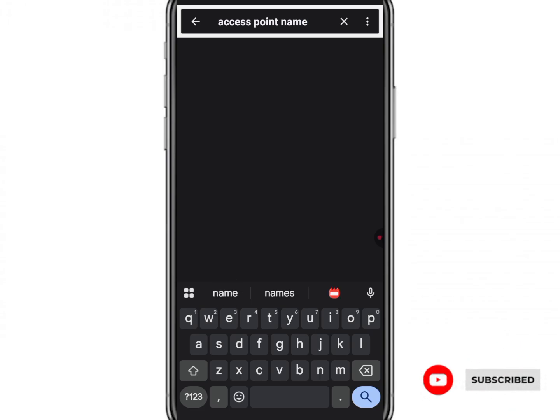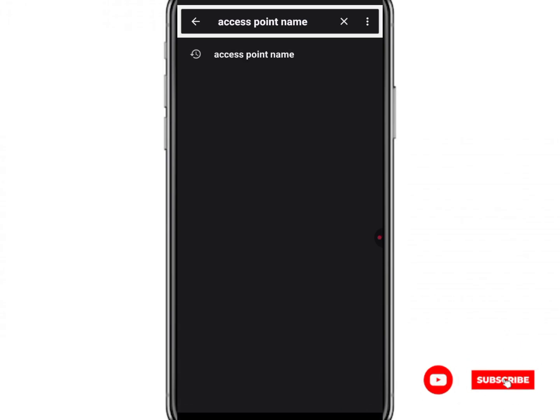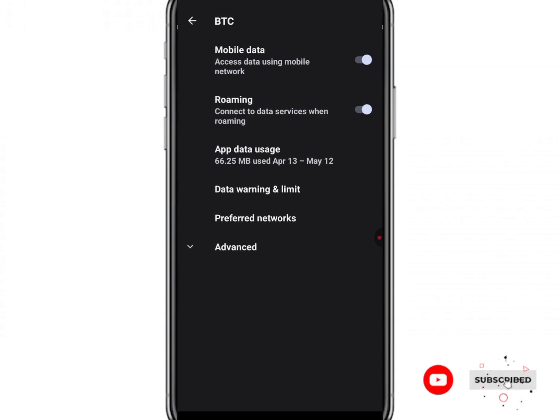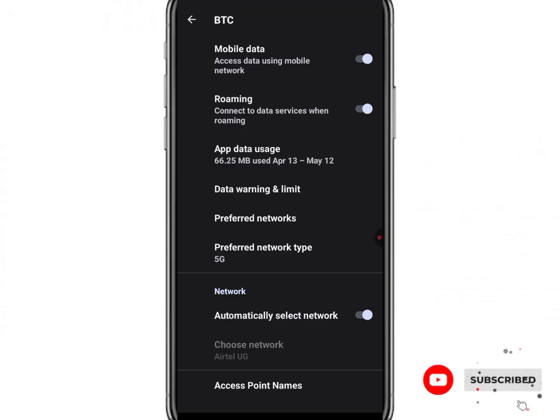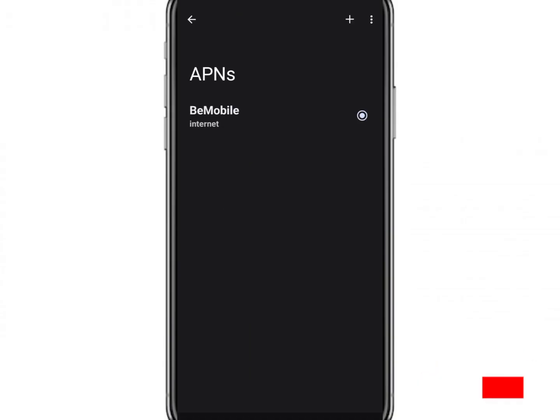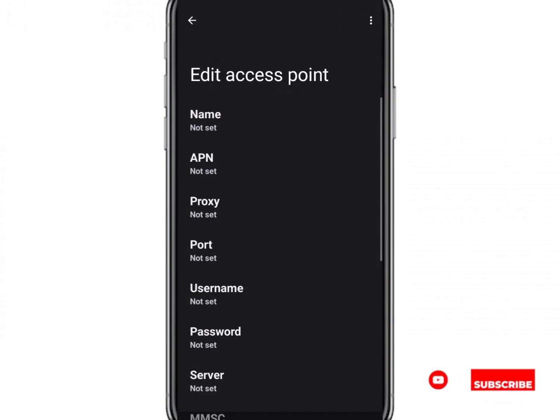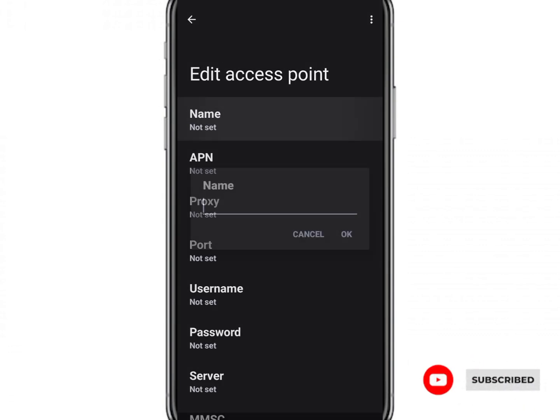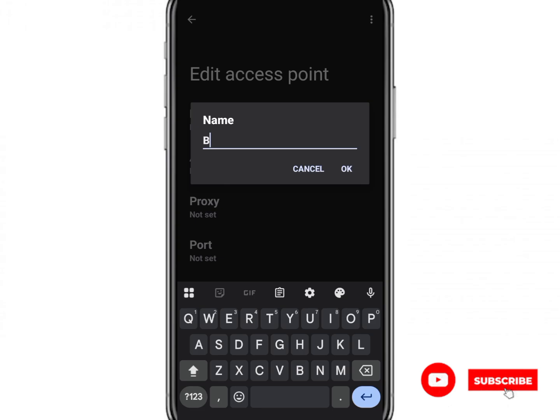point name, and then search. After searching, we're going to select that option, go to advanced, and then choose the access point names. Now you're going to go and choose your plus button, and then the APN name, you're going to use BTC